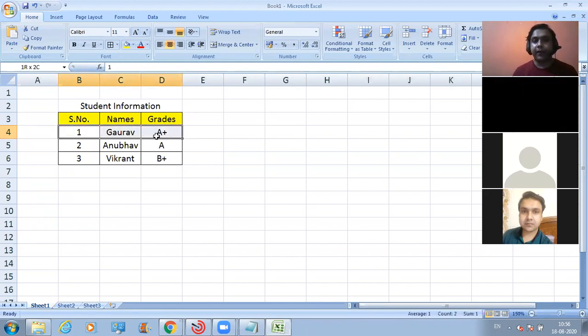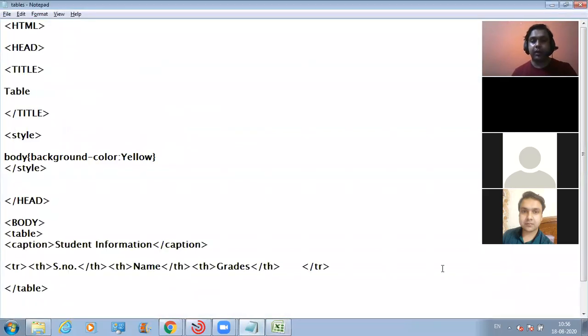So now we want to define the data for these fields, and this is the second row in which the data is coming. So the first thing that we need to do is create the row first, the second row first. How can we do that? We are going to follow the same process. We need to write TR, and we need to close this tag like this. That's how we can create a second row.